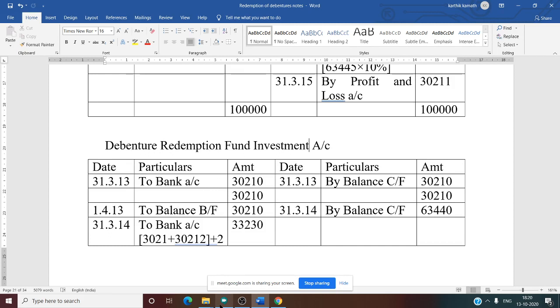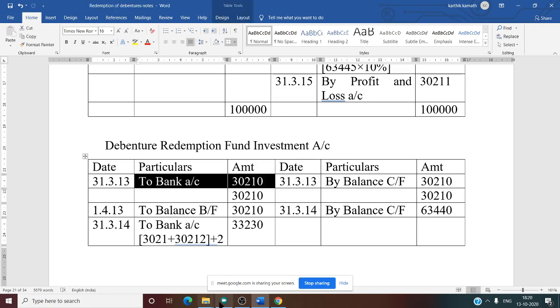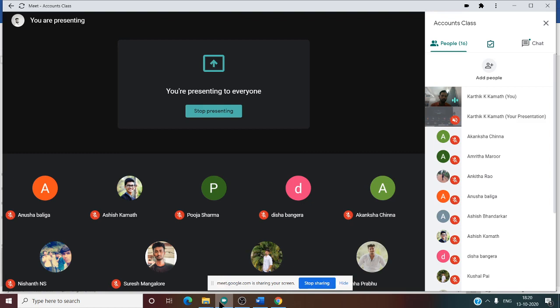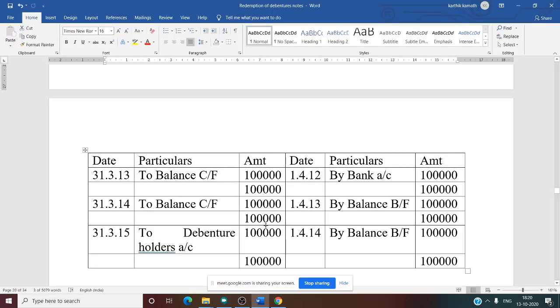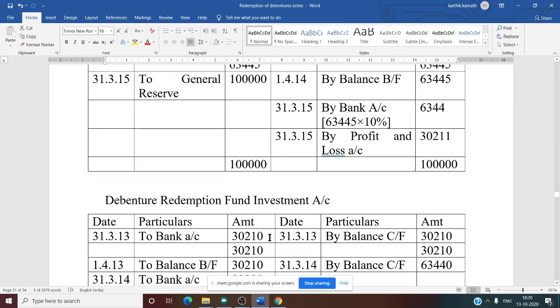That is why 30,210. Why 210? Very important. Multiples of 10 only. Multiples of 10 only means what? That 2 rupees is ignored. What is our appropriation amount here? Appropriation amount is 30,212. But in multiples of 10 only means 2 rupees is ignored and that 2 rupees is carried forward to the next year. So now first year multiples of 10, 30,210. Close that year, no other information.